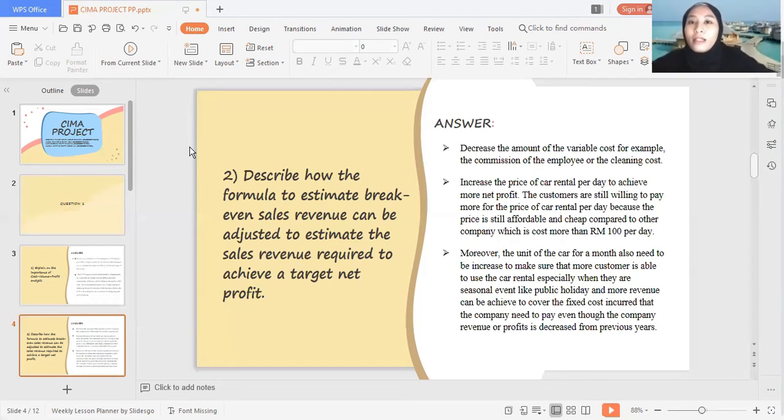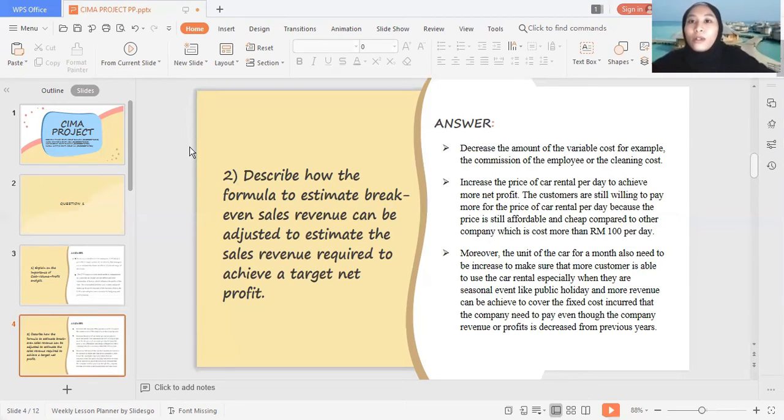The price of each car rental by a customer is 50 per day and the variable cost is 48 million. So the targeted profit for the year by the company is 2 million and 14, which is assuming that we calculate for a month. So the targeted profit that the company will earn is